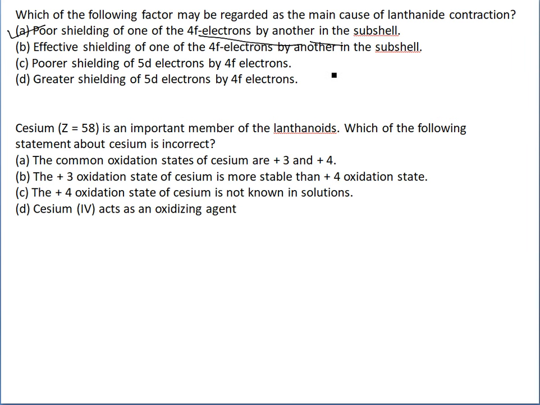Last question. Cerium, Z equal to 58, is an important member of the lanthanoids. Which of the following statement about cerium is incorrect? The common oxidation states of cerium are +3 and +4. The +3 oxidation state of cerium is more stable than +4 oxidation state. The +4 oxidation state of cerium is not known in solution. This is the incorrect statement because +4 oxidation state of cerium is present in the solution. Clear? So these are all the MCQs